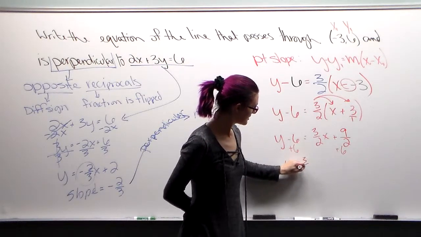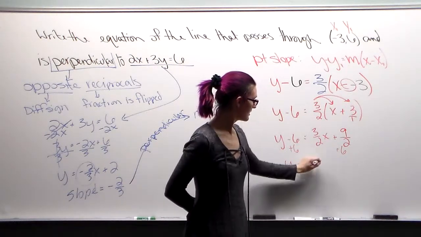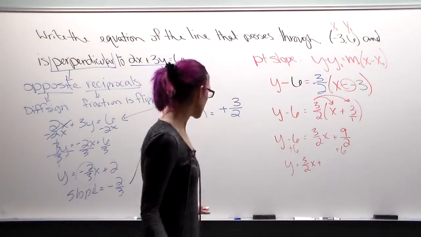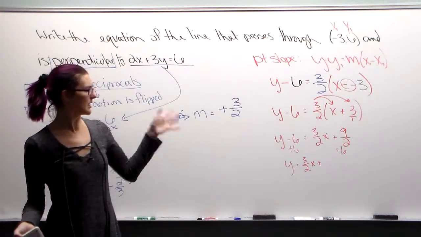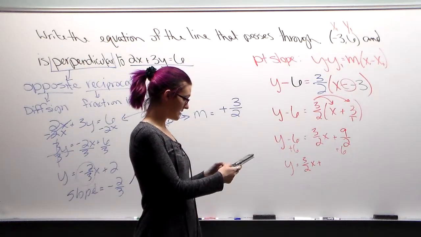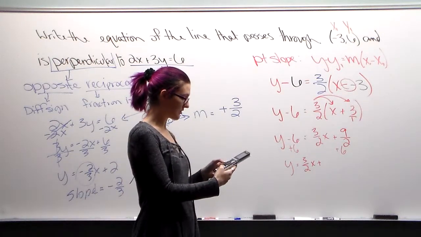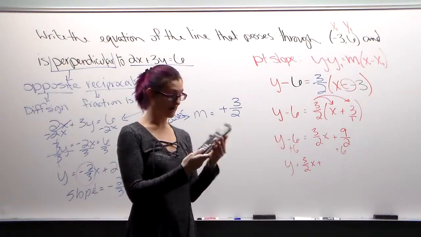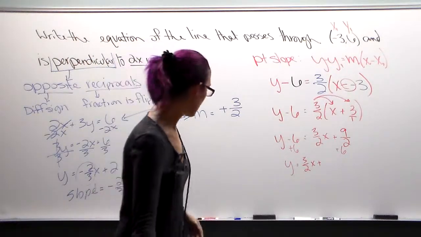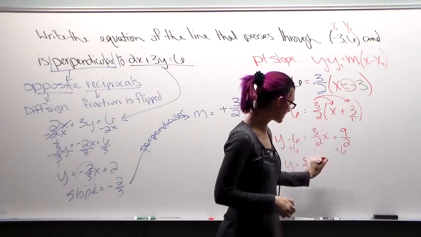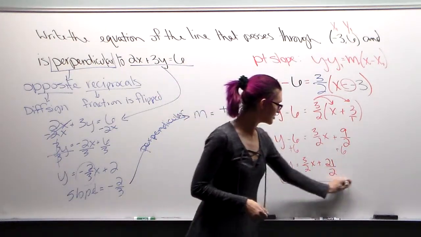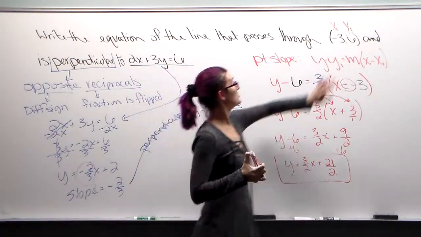y = 3/2 x. We have 9/2 + 6. You could do it with the fractions and say that's 9/2 + 12/2. 9 plus 12 would be 21. Keep the denominator. Or you can do 9 divided by 2 plus 6 in your calculator. That gave me 10.5. If I press math, enter, it becomes 21/2 according to my calculator. So that way it keeps the exact answer, 21/2. And that is your equation in slope-intercept form. You use the point,